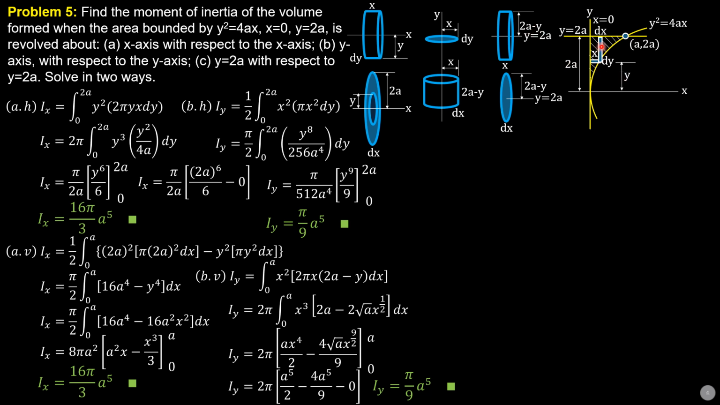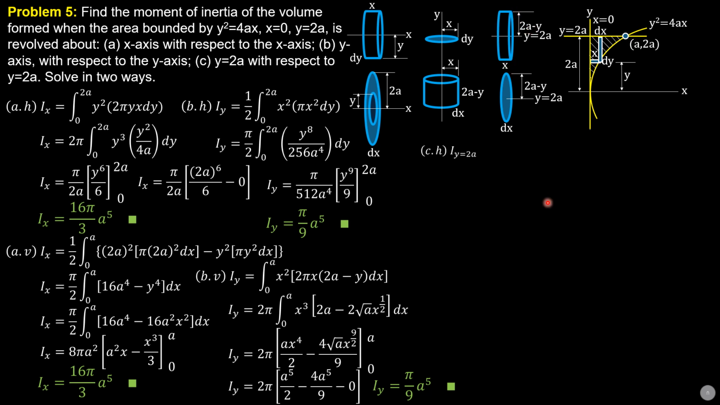Then for considering a vertical strip, it will generate this disc without a hole. The radius is 2a minus y, that's the line y equals 2a. The thickness is dx. For this case, the thickness here is dy for that case. So I with respect to y equals 2a is radius squared, 2a minus y, integral of 2a minus y squared, limit 0 to 2a, then differential volume, which is 2 pi radius of revolution 2a minus y, length x, thickness